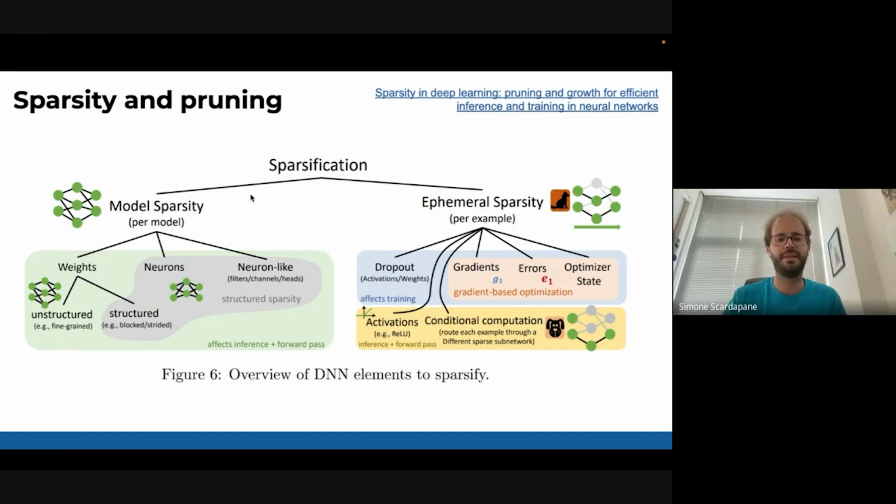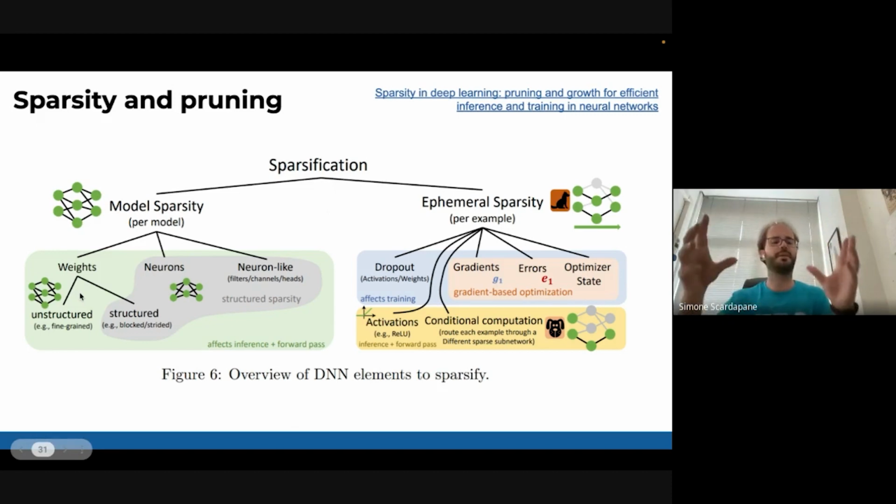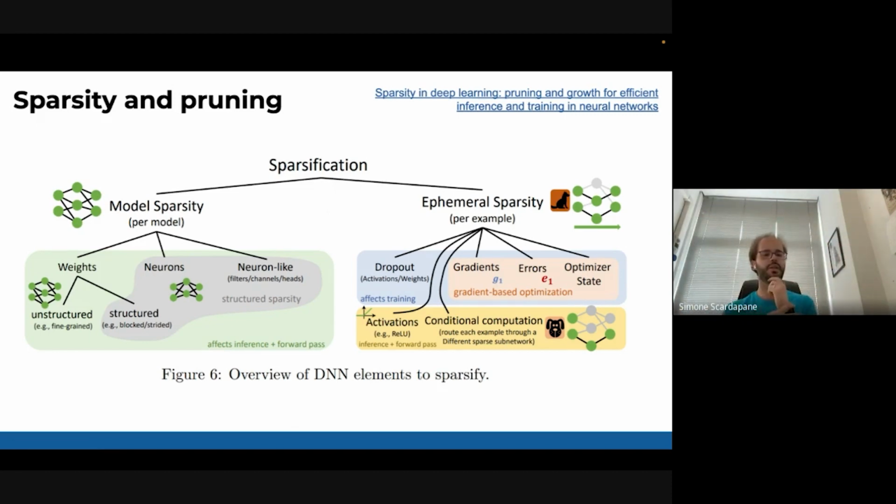So maybe the difference is that when you talk about sparsity, there are two, let's say, paths. One is that you assume that there is some global sparsity. So a lottery ticket, like in the lottery ticket hypothesis, is a global thing.